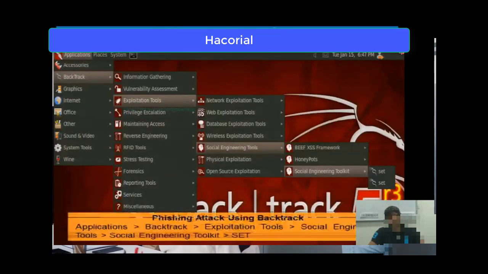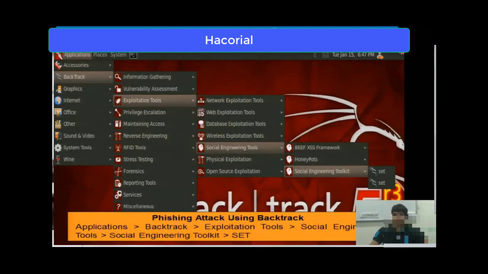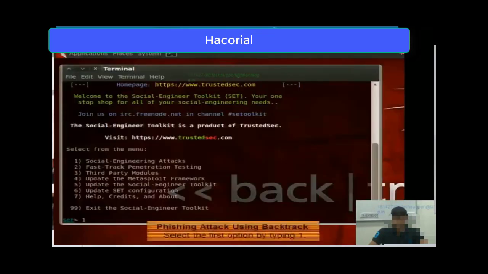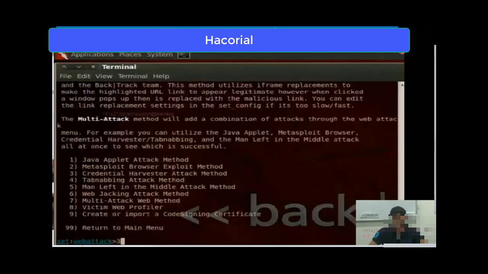I would argue that it's probably easier than using Windows, because in Windows you have to edit the source code and all that. In BackTrack you don't need to do any of that. Just log into BackTrack, open up the Social Engineering Toolkit, select the social engineering attack option by typing 1,